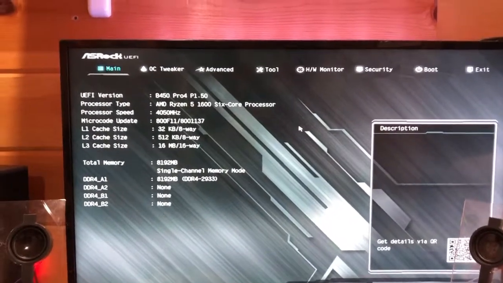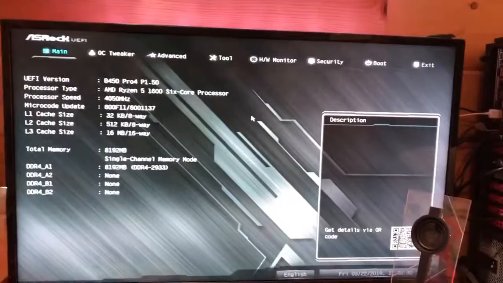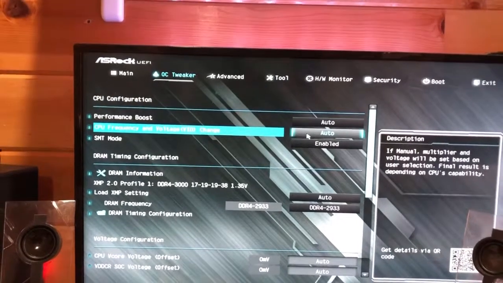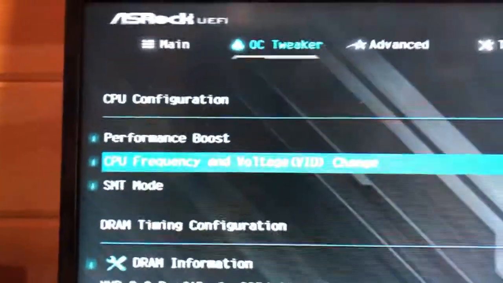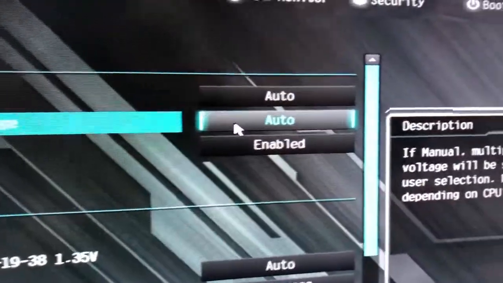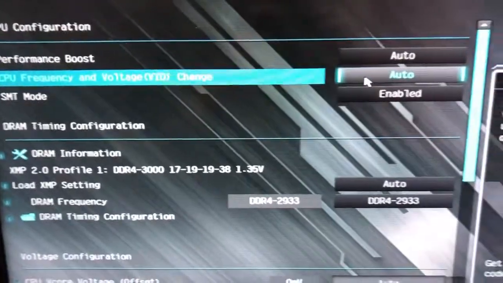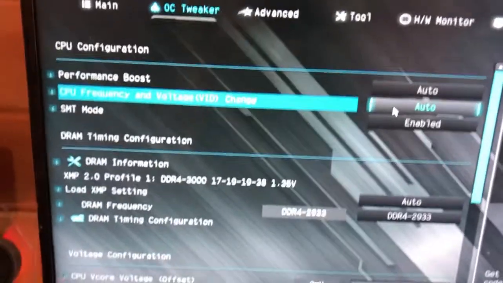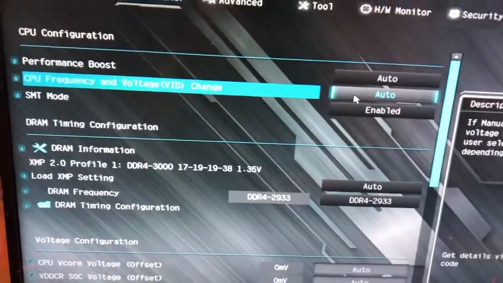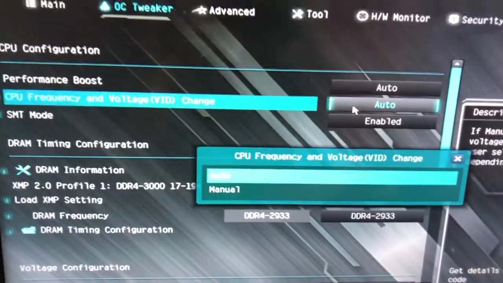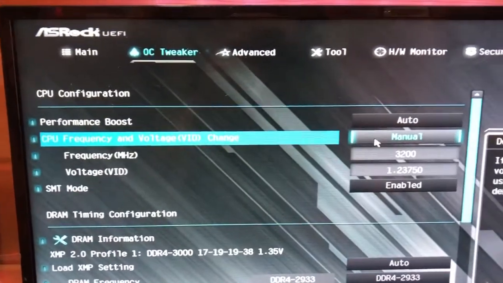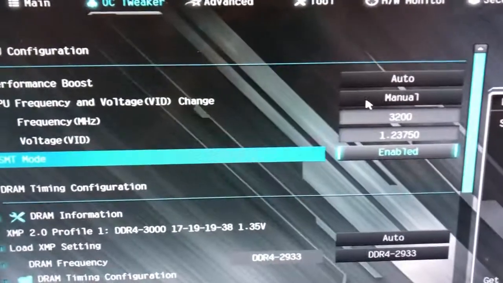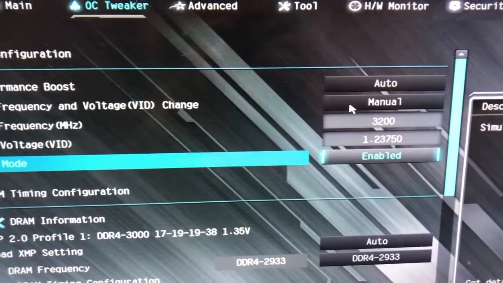So on mine, to do overclocking, you have to go to overclock tweaker right there, and as you can see, it says CPU frequency and voltage change, and it's set to auto. So right now I have no control over what speed and voltage my CPU is. So I'm going to change this from auto to manual, and now you can see it's at stock speed and voltage. Right now it's at 3200 megahertz and